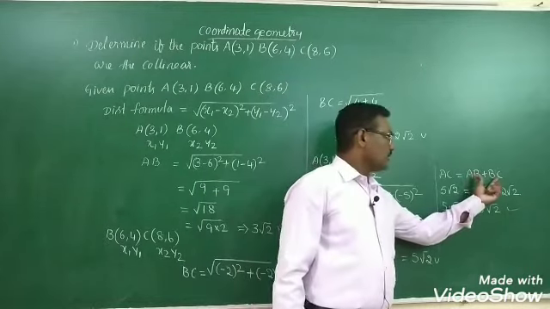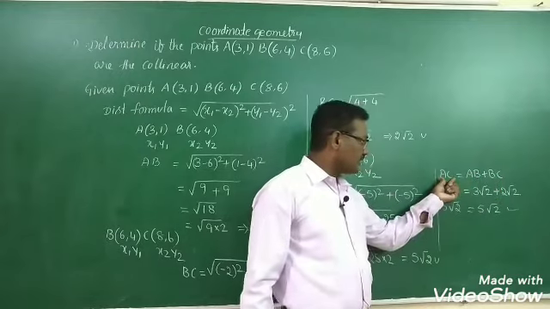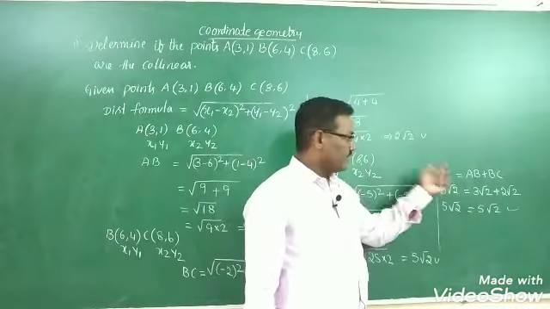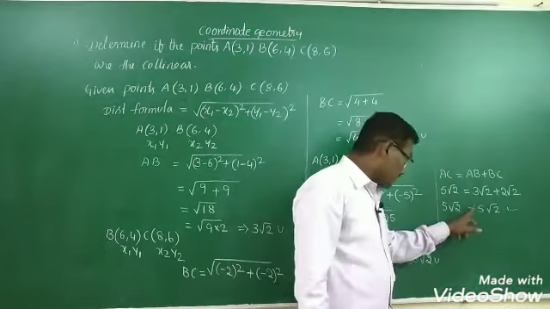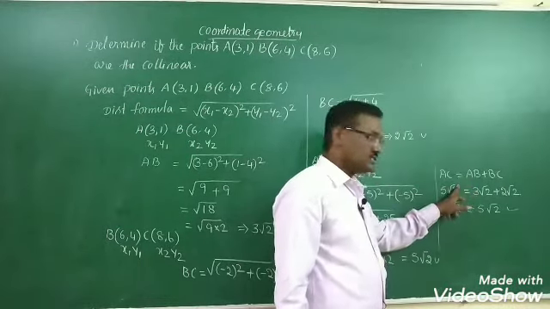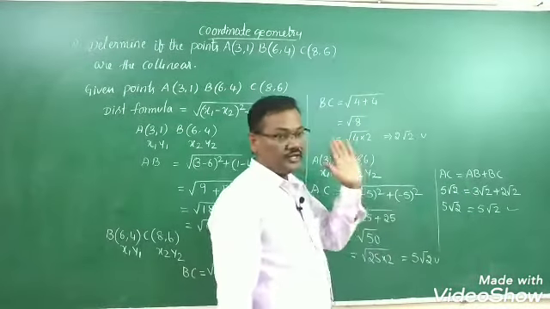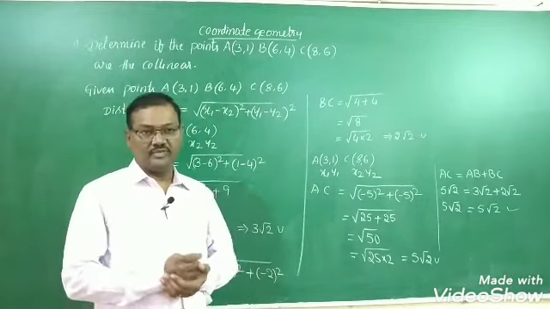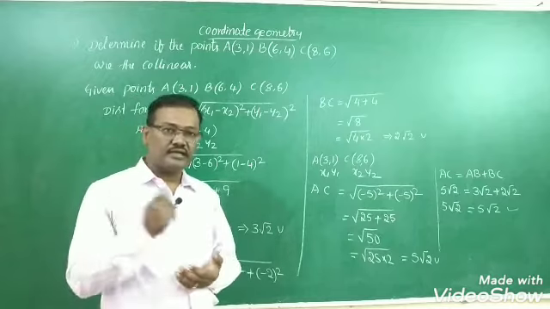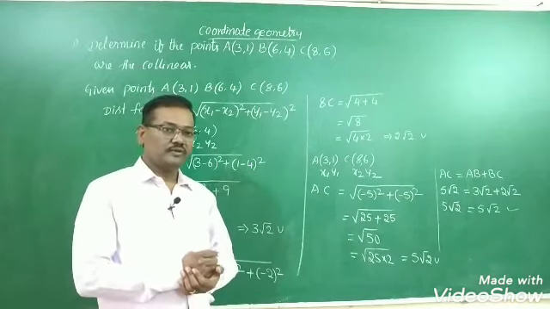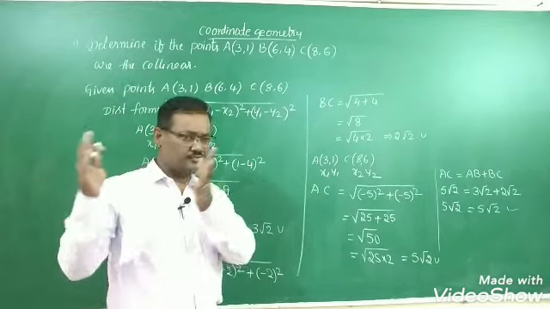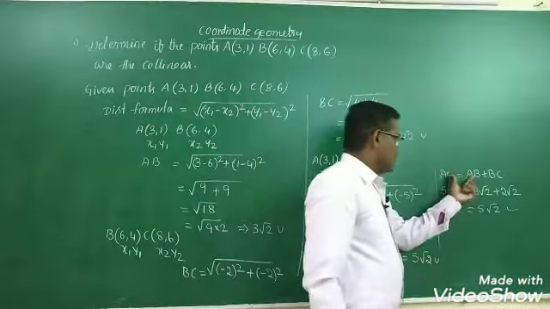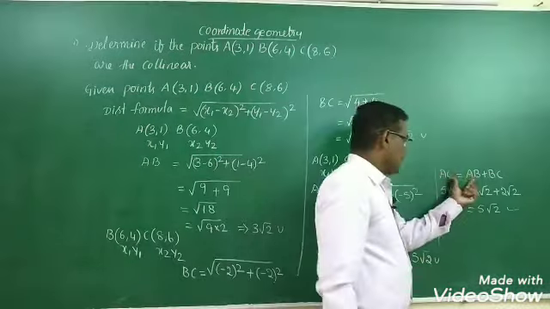Therefore, if the sum of two distances is equal to the third distance, then the points are collinear. In case it is not equal, if it is not possible, then we say that they are non-collinear. Yes, of course, we discussed: by 3 non-collinear points we get a triangle, by 4 non-collinear points we get a quadrilateral. There are different types. Now here AC is equal to AB plus BC, it is true. Therefore A, B and C are collinear.